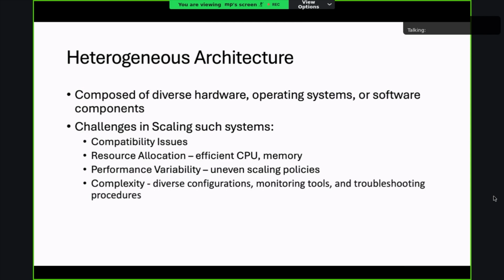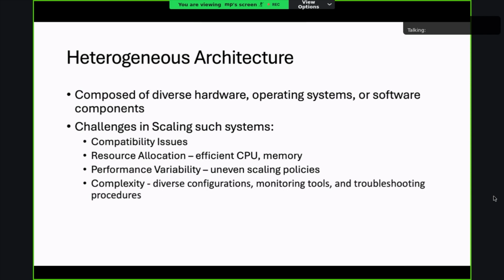We have compatibility issues. For example, if there is a service with several components, and one component runs on Python, another on Java, and another on CPP, every component has a different programming language and a different middleware, and runs on a different operating system. So there might be compatibility issues between all those components.